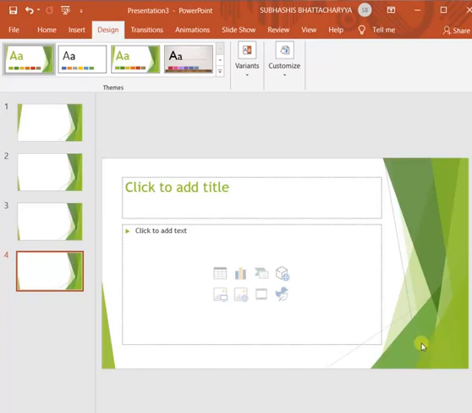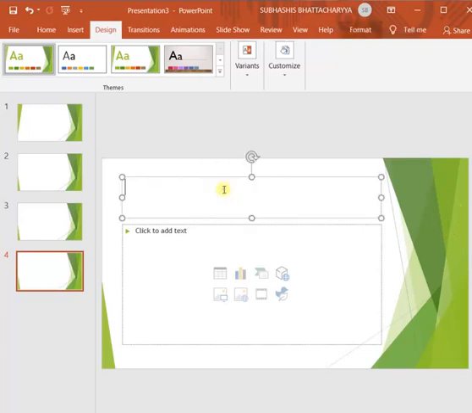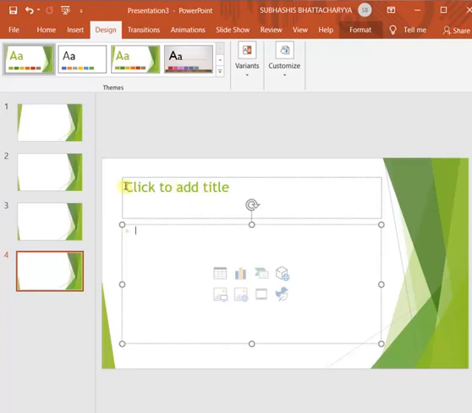Coordinating colors. Coordinating colors means the colors that match your content. A matching background, you can see this text color is matching the background of this slide. Here you can see the text color, this is having some match with the background. So these are called coordinating colors, that means they are matching with the background.